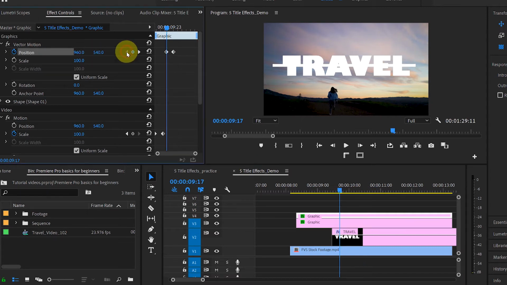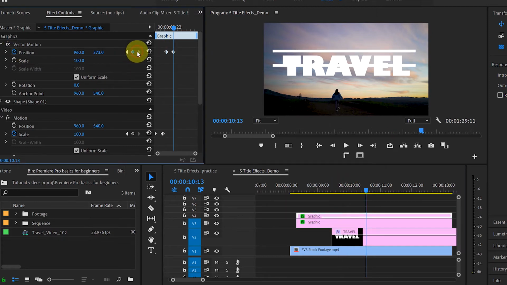Click on this arrow to go to the previous keyframe. Then select second line layer. Create keyframe for position. Select first line layer and click on this arrow to go to the next keyframe. Then again select second line layer. I'm doing this because I want my playhead position exactly where my first line's keyframes are. So both lines will move at the same time. Go to Effect Controls and move the second line down.